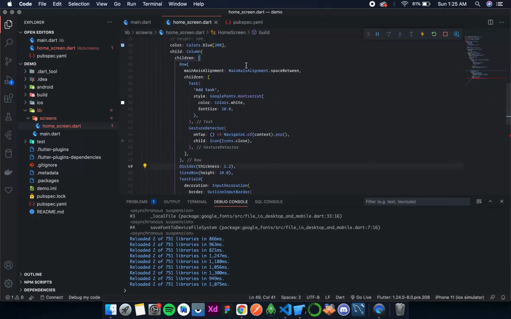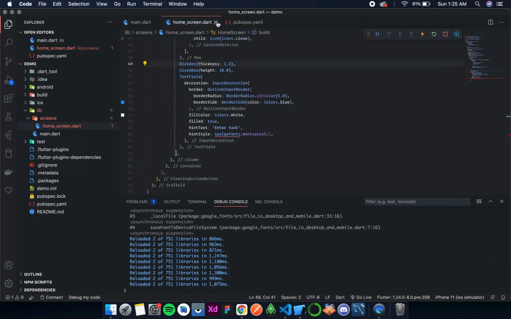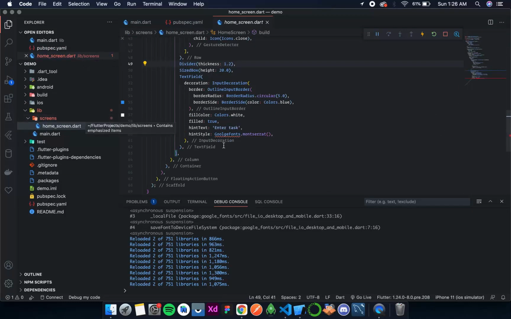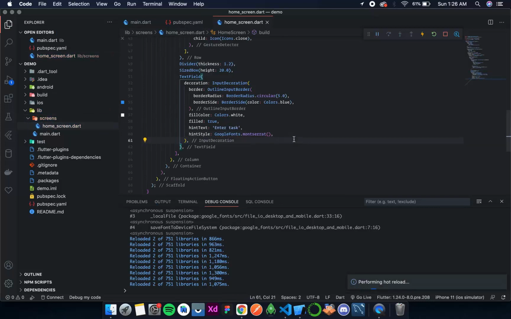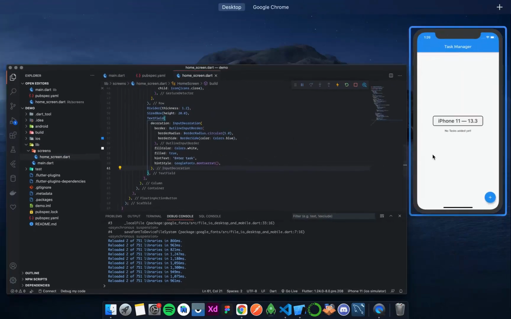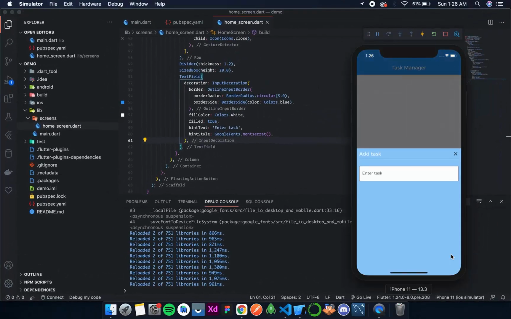Let's give it a minute. Oh, sorry, the spelling is wrong. Google Fonts, I'm extremely sorry. The spelling was wrong and I thought it is some kind of a weird issue. So this is also not that bad a thing. Okay, so hint style, and that is simply Lato.